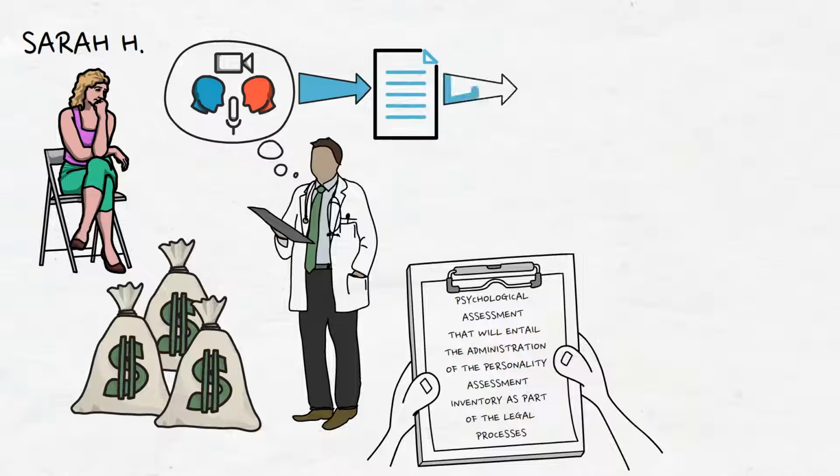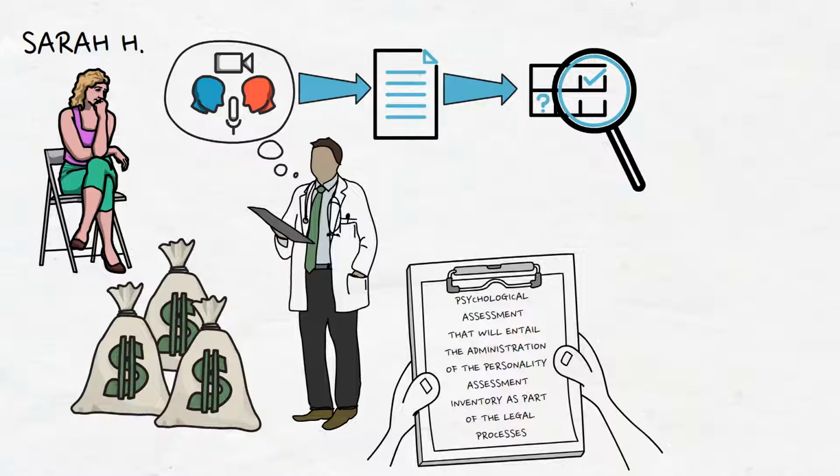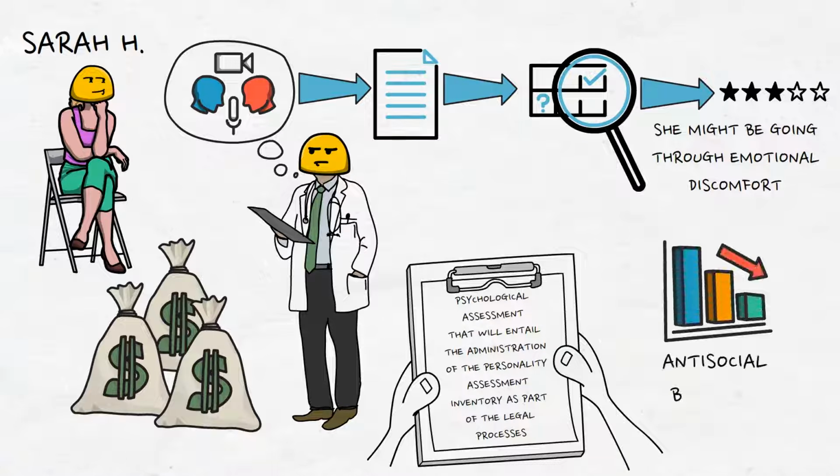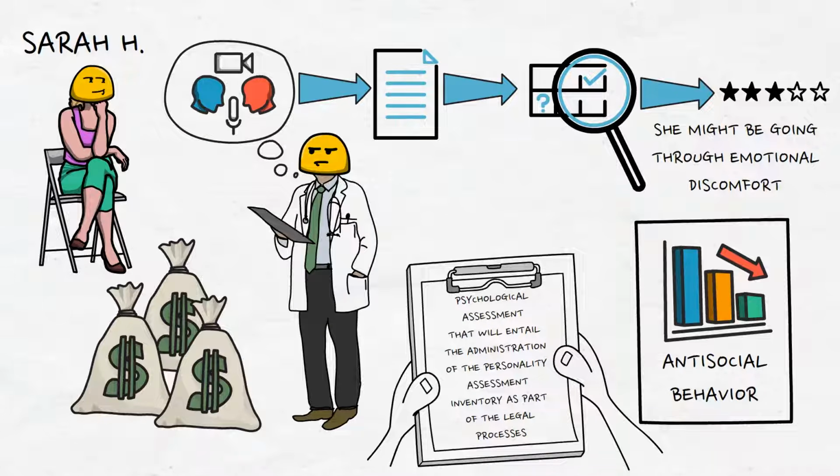The psychologist evaluates Sarah's responses after she completes the questionnaire, paying close attention to the validity scales that determine whether Sarah was truthful and accurate in her responses. The psychologist adds that Sarah's ratings on numerous clinical scales, including depression, anxiety, and somatic complaints, are high in light of the findings, indicating that she might be going through emotional discomfort. Sarah's low antisocial behavior score, which indicates that she may not be a persistent rule breaker or have a history of criminal behavior, is another observation made by the